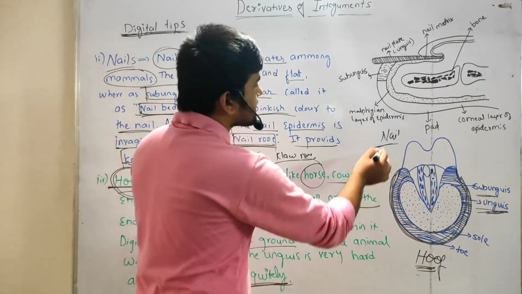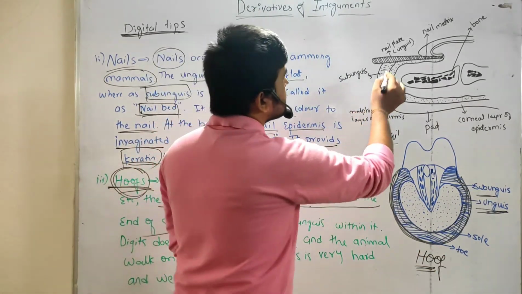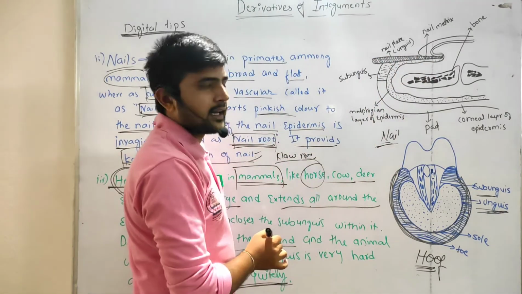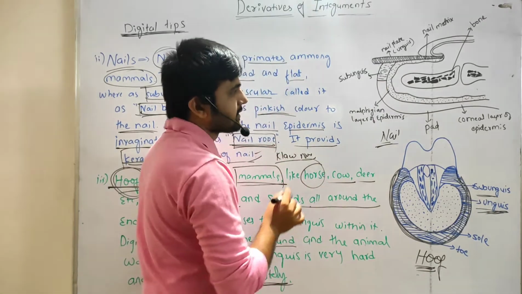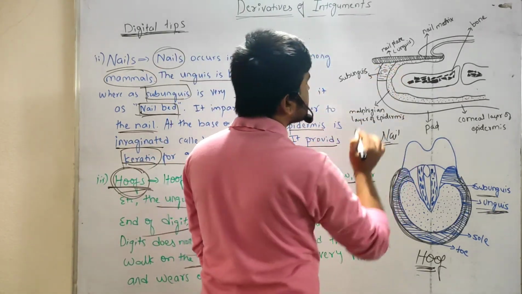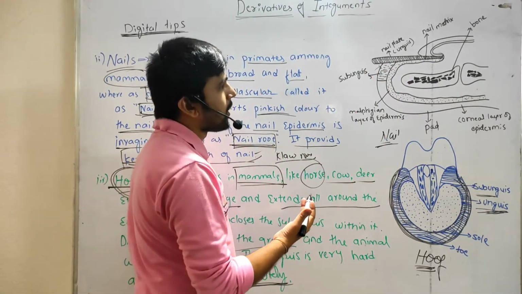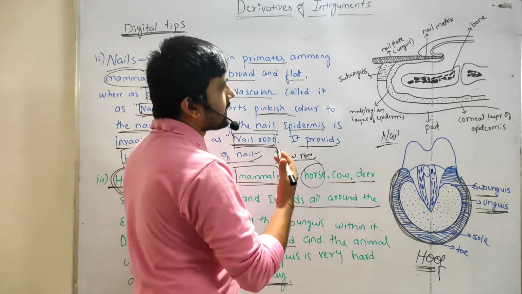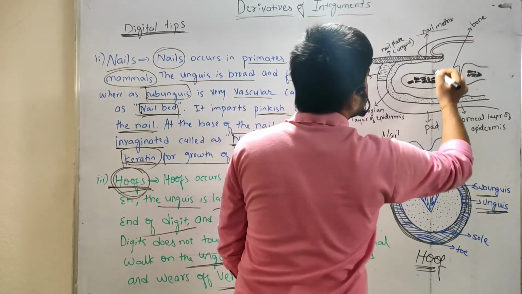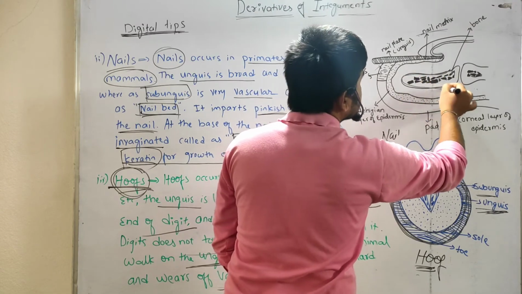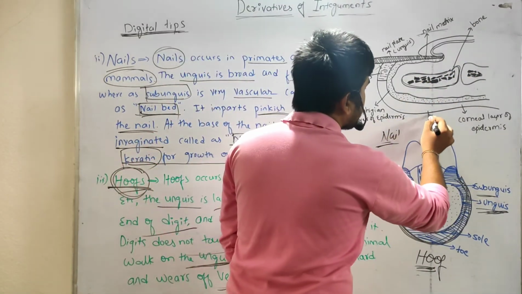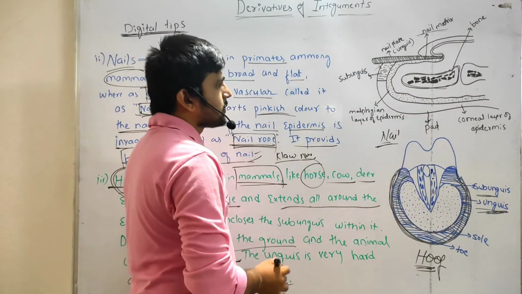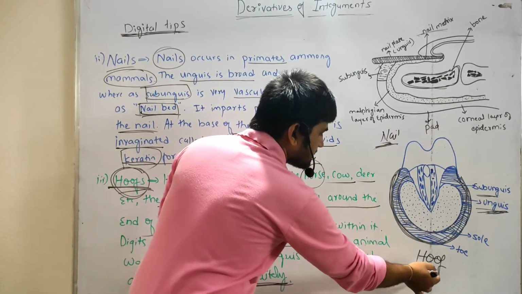In the case of the nail, it is the same. This is the nail plate, and this is the subanguis down to the anguis, right? Here the epidermis gets invaginated to form the nail bed or nail root. See the nail matrix here, and this is the phalanx, the large distal end phalanx bone. And this is the nail pad. So this regards the nail and this regards the hoof.